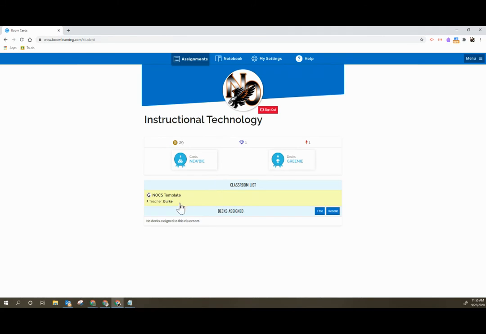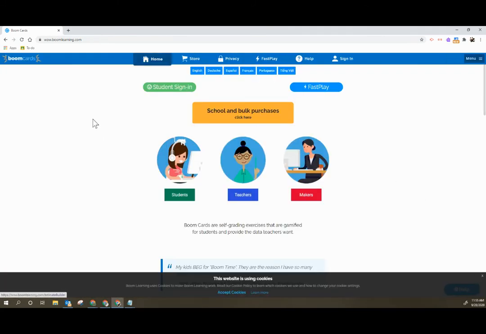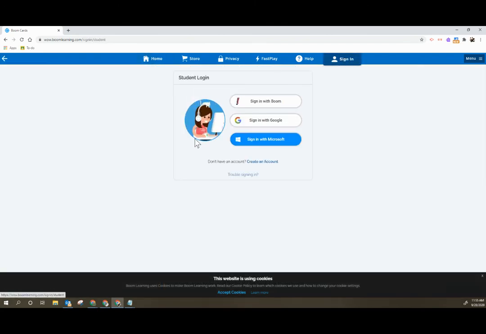The last way that you could potentially have for students to sign in, and you can either post this in Clever as a link or you can post this in Google Classroom, is to actually create a sign-in link for students by bookmarking wow.boomlearning.com/sign-in/students. If you take this and post this either in Google Classroom or in your Clever portal as a bookmark on your teacher page,